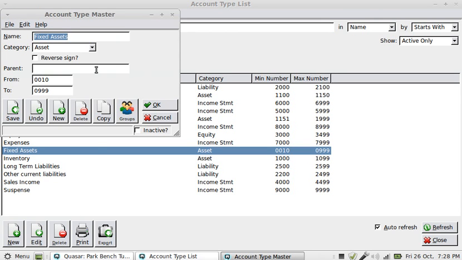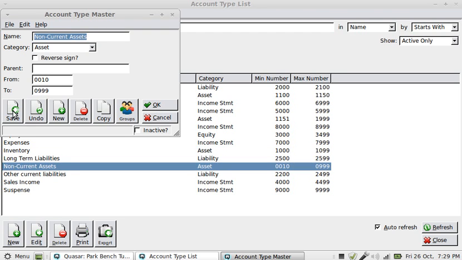Now you might say, why am I editing fixed assets? Well, the answer is because International Accounting Standards use another term now, and we're going to use the same term. We're going to call these non-current assets. So I now want to save that,